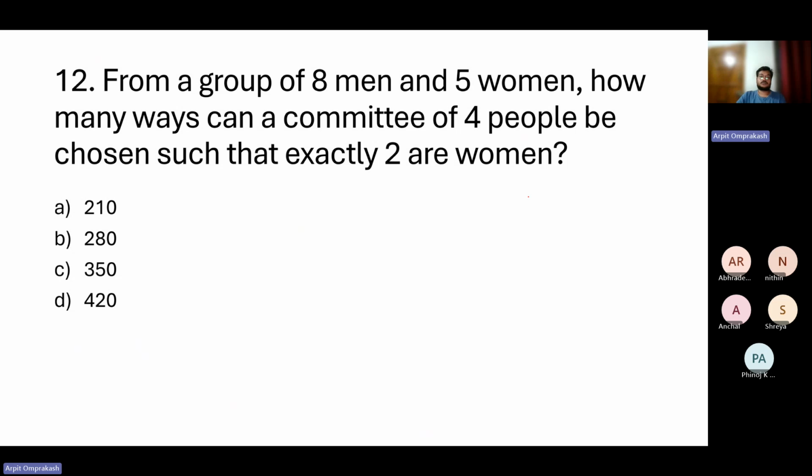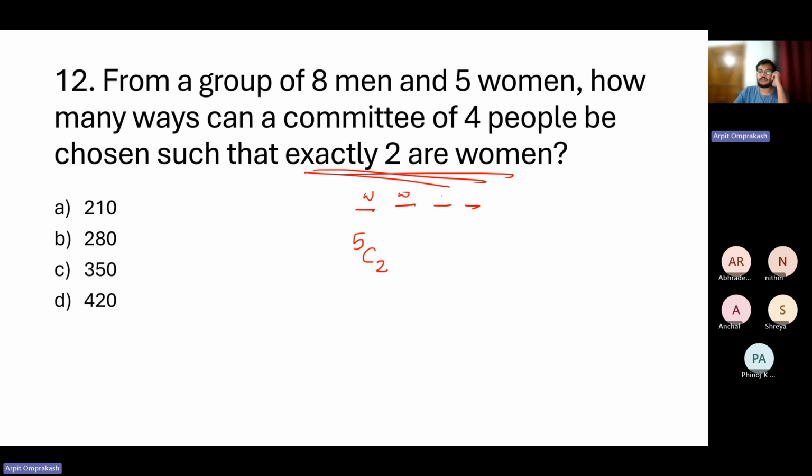So, yeah, we are choosing 4 people. And we are asked, how many ways can the committee be chosen such that exactly 2 of them are women? So we have 4 people. Now, since there are a total of 5 women, we need to find out committees where there are exactly 2 women. So we can choose 2 women out of these 5 women, and that will be our 2 women on the committee,